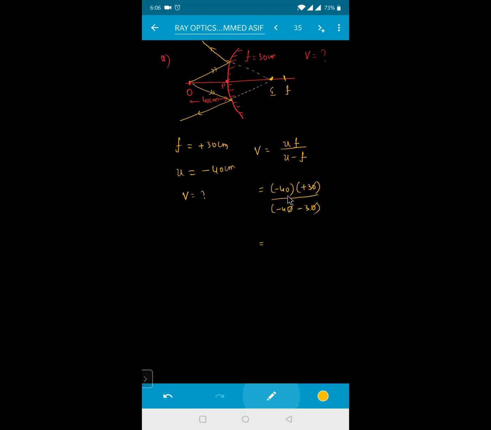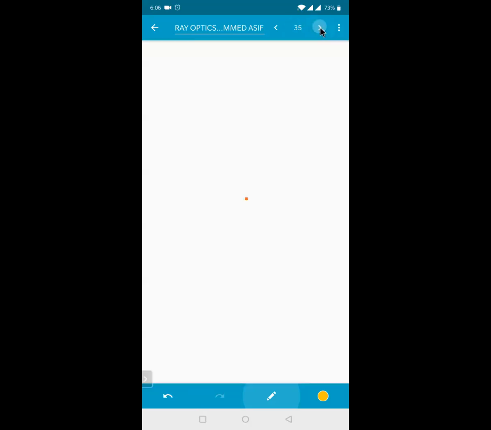40 into 3, 4 threes are 12, 12 into 0. That will be equal to minus 120 divided by minus minus plus, so 4 plus 3 is nothing but a pure 7. So that will be equal to how much, beta? This one is also minus 7. Minus of minus will become plus. So this will become 120 divided by 7 centimeters. That will be your answer. Clear for everyone? Yes, sir. Sure.